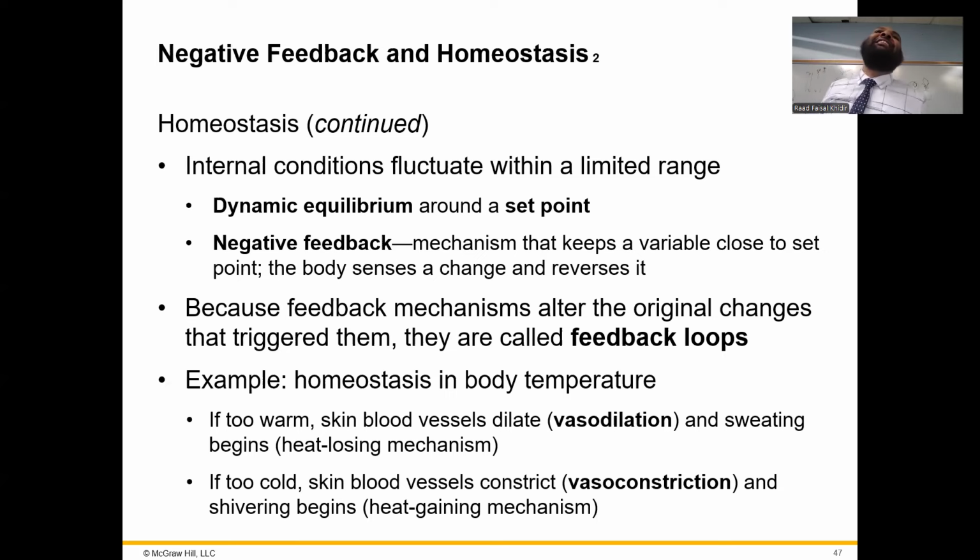Yes? So can you say like negative feedback is bringing it back to normal and positive feedback is when you intensify? Yeah, positive feedback is when you intensify. If it's too low, you make it lower. That's positive feedback. So, for example, a patient who has a drop in blood sugar, if you give them insulin,